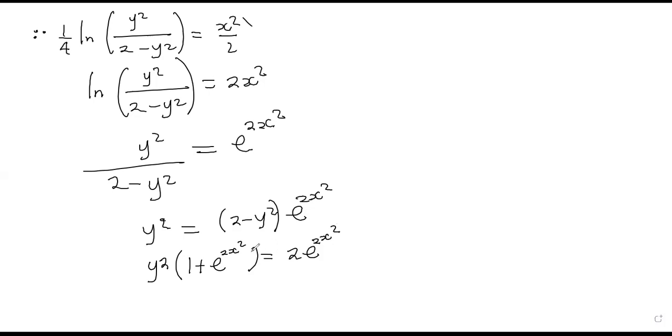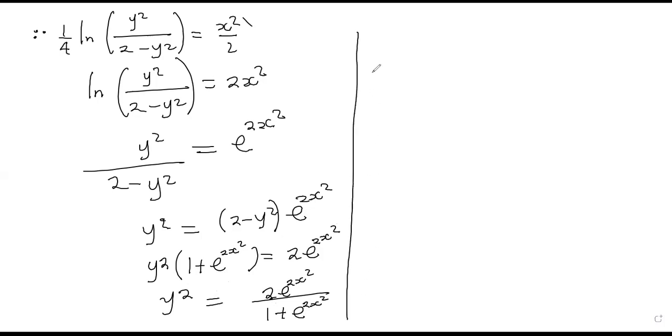But then they told me that x is 1, but I can first get y squared. So y squared is equal to 2e power 2x squared over 1 plus e power 2x squared. So here it will mean that your y is equal to